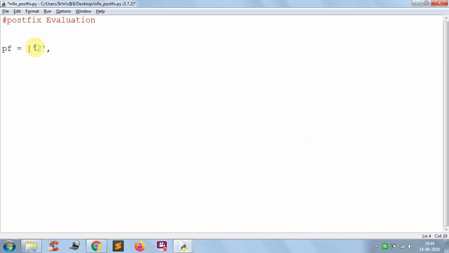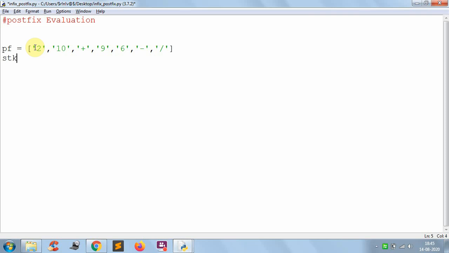So this is the first operand, this is the second operand, this is the third operand, and next 9. Then I am taking some input, you can take anything as the input. Next minus, then division. So like this I have taken it in the form of a list. The way of accessing the list elements and string elements is almost the same.